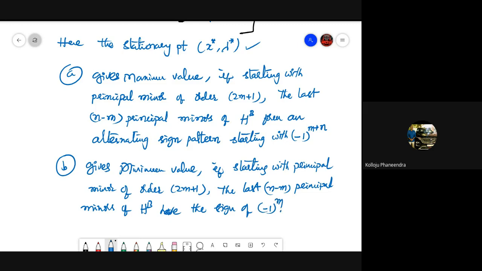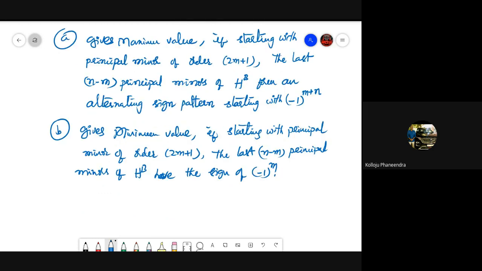I will explain these 2 points in the problem. Now this is the concept of Lagrange's